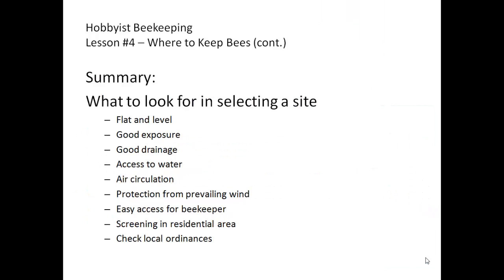So, in summary, what to look for in selecting a site. First, you need to make sure that the site that you want is flat and level. It needs to have good exposure so that it gets morning sun from the east or southeast. It needs good drainage so there's no standing water in the spring or late fall. On the other hand, you do need to make sure that the bees have access to a reliable water supply